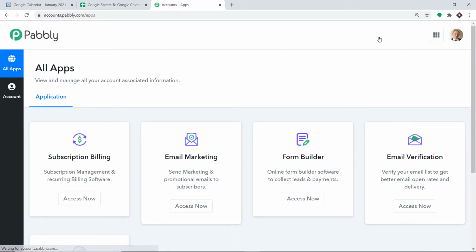Okay, so this is the dashboard of Pabbly Connect. As you can see, I already have made an account in Pabbly Connect. You can also create your own free account in just 2 minutes. Here I would like to mention one more thing, that Pabbly Connect offers a plan where this integration can be tried out absolutely free. So you just have to clone the template of its workflow, which is available in the description box. Once you clone the template, you will get immediate access to this amazing workflow in your account.